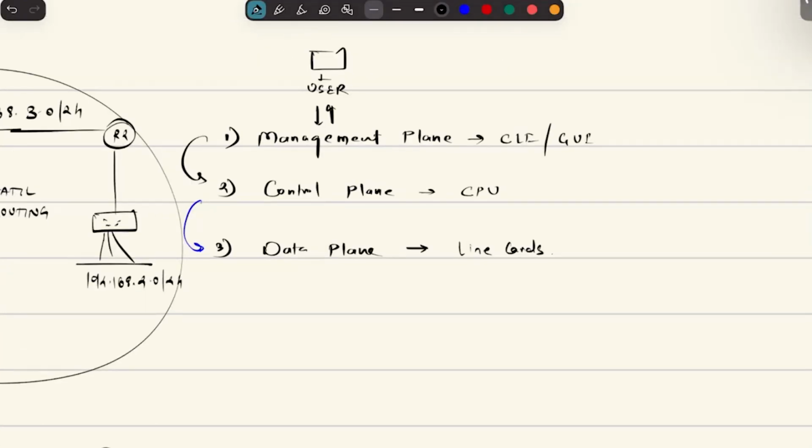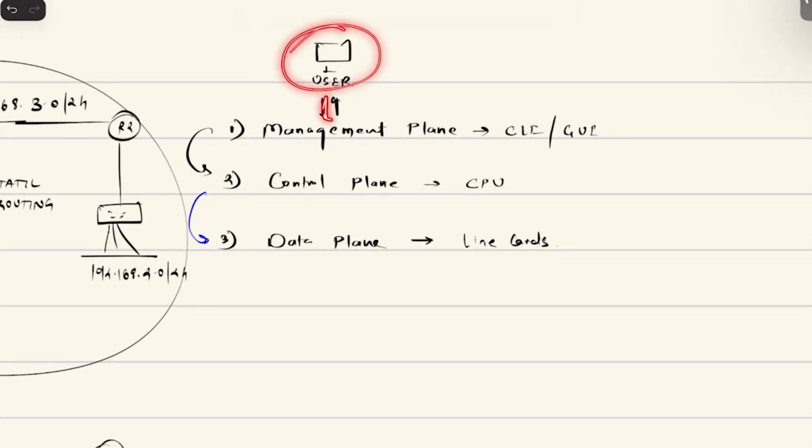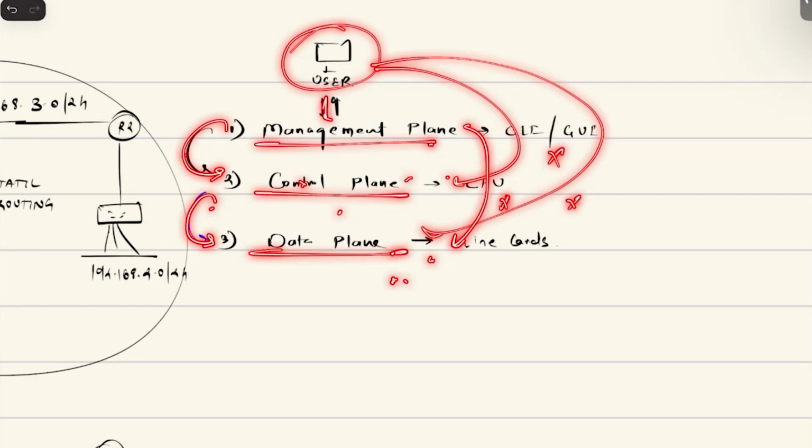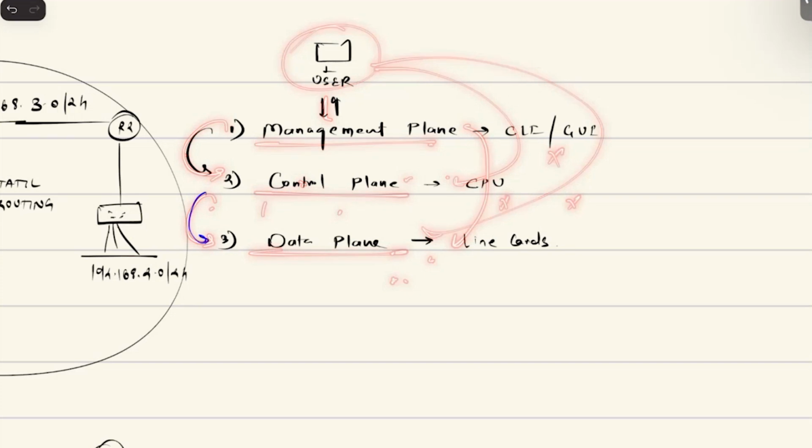So you can see the hierarchy that the user only communicates with the management plane. The management plane communicates with the control, and the control communicates with the data. You cannot jump the gun. User cannot communicate with control or data plane. That's not possible. A management plane cannot communicate with data plane. That's not possible, right? So it has to be under the hierarchy itself.